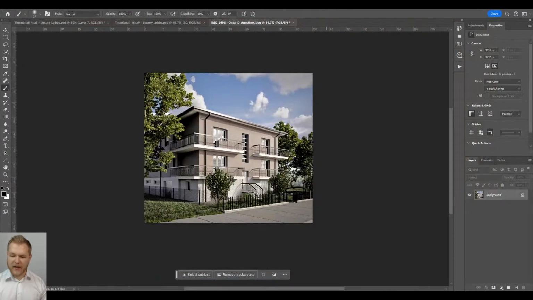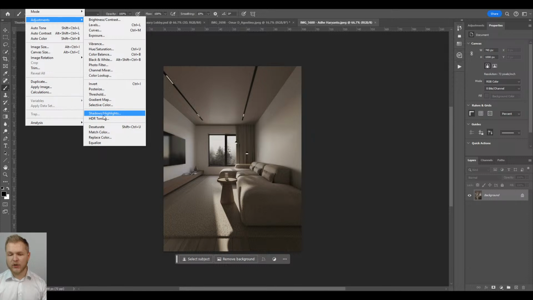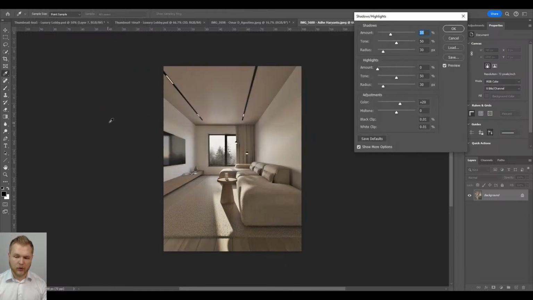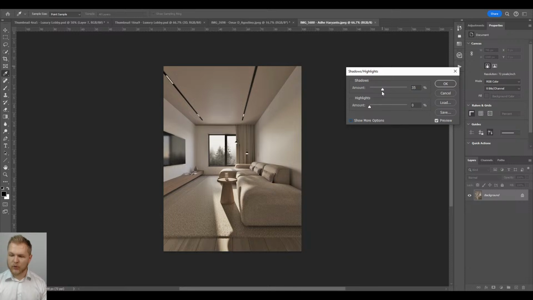So definitely a good image to have in your portfolio. It's easy to do, and it's something that I would recommend you to test out. I mean, all of you should try out. Again, we don't even have to go to the advanced options. So show more options, no. We're just going to go for amount, and we're just going to lower this and go for a little bit more